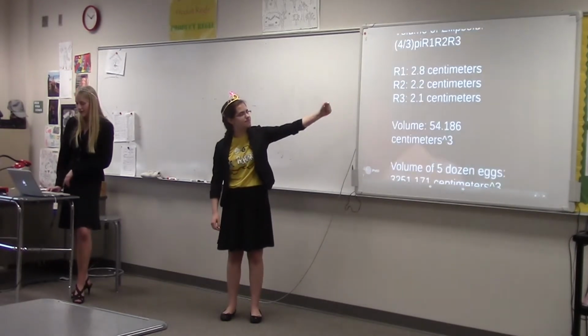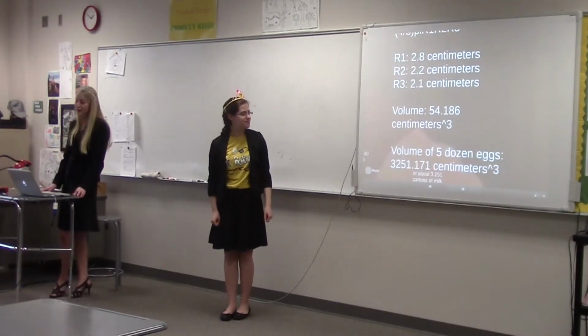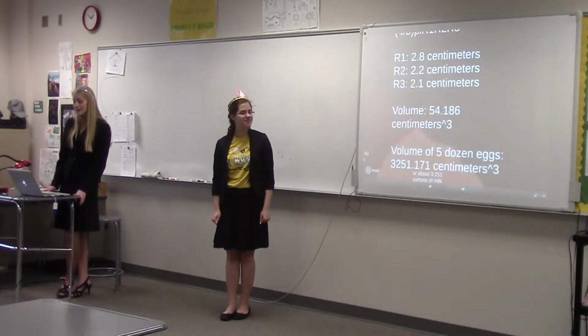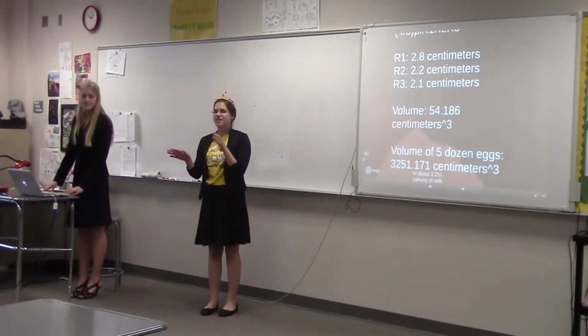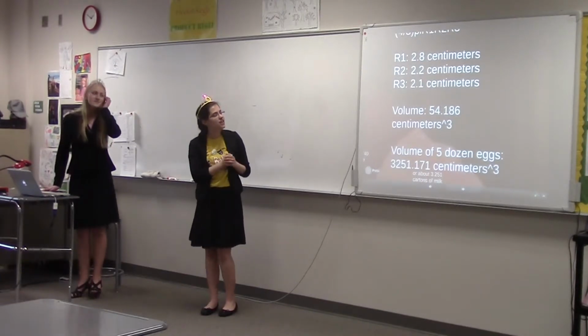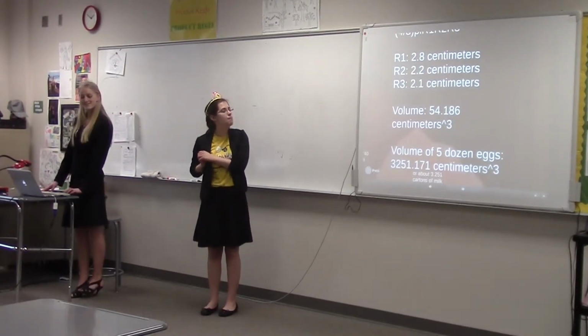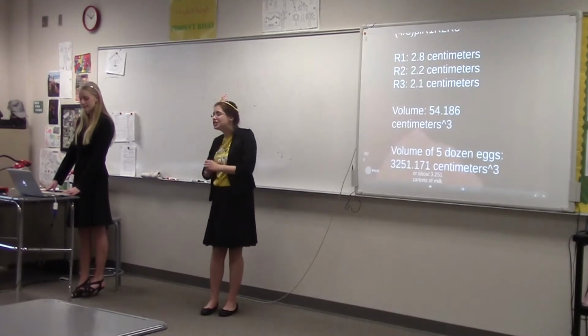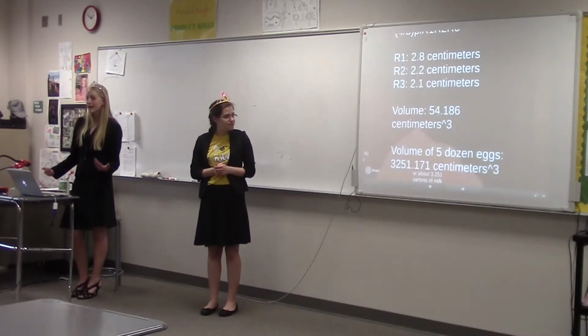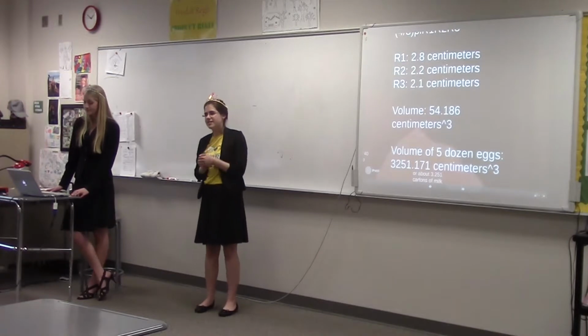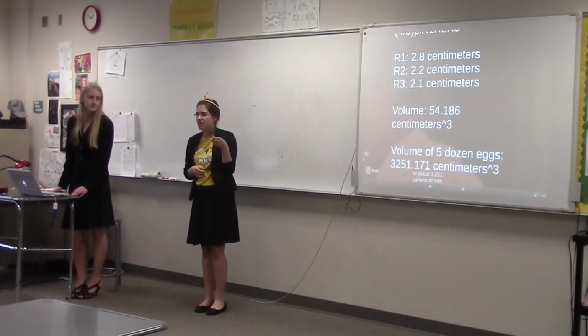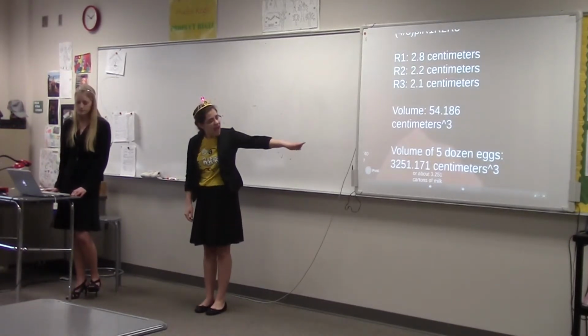And as presented, R1, R2, and R3 were roughly 2.8 centimeters, 2.2 centimeters, and 2.1 centimeters. So we plug those numbers into our equation, and we get a volume of 54.186 centimeters cubed. If we multiply that by our 60 for Gaston's 5 dozen eggs, we get about 3,251.171 centimeters cubed. So if you picture this, it's like taking a carton of milk, of liters, and having about